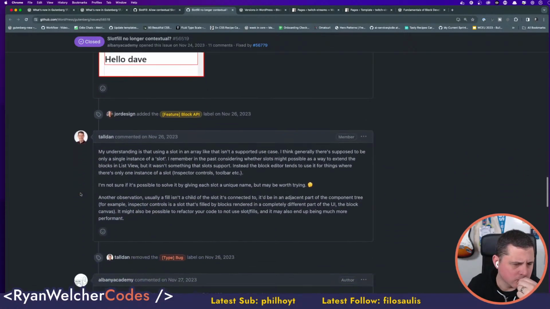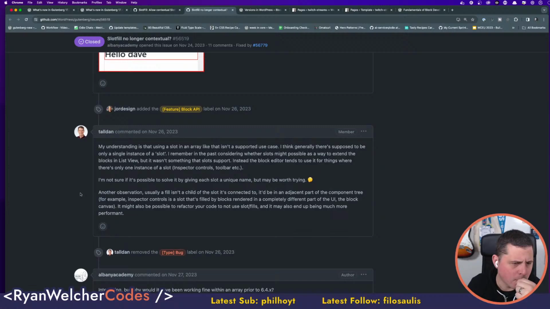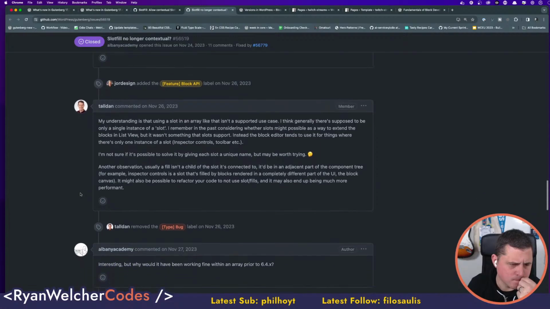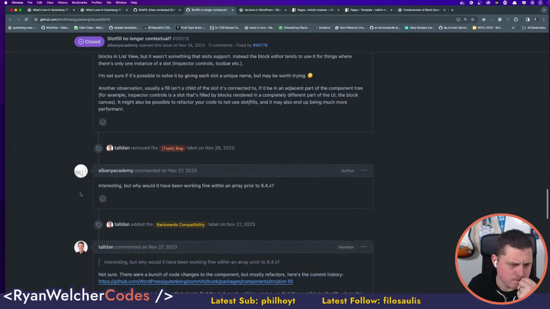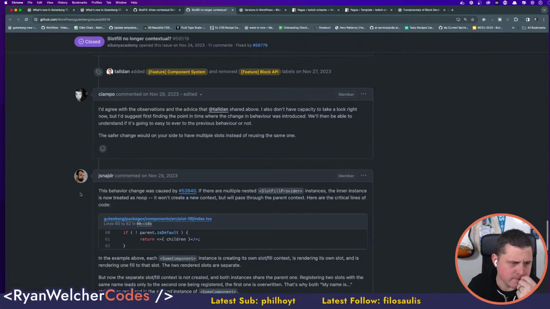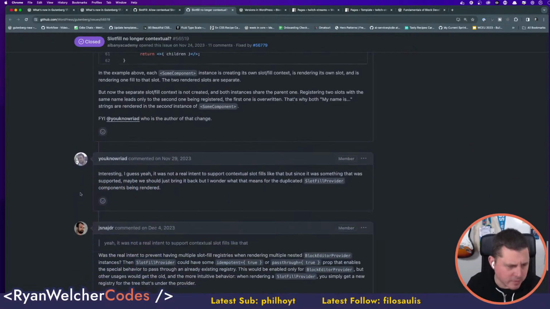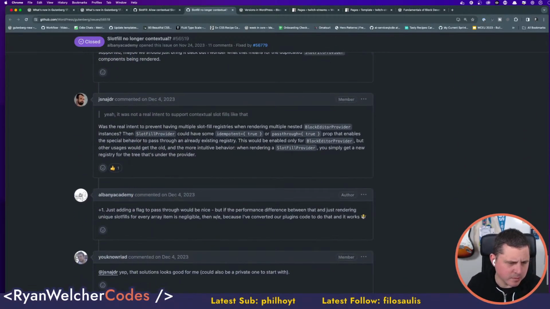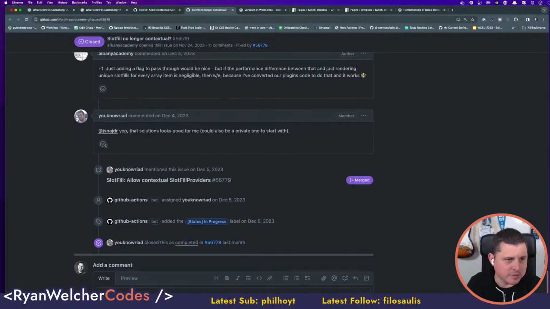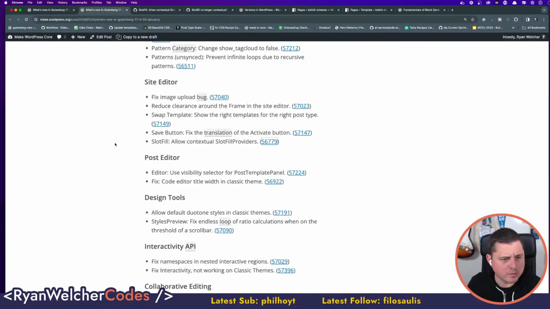Weird, okay. Slot in an array like that isn't okay. This is interesting. I'm going to dive into this a bit more so I understand this better, because slot fill is kind of my thing. So I will read through that. Cool.